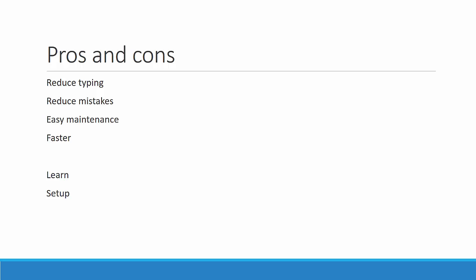That leads us to the disadvantages. If you're not familiar with template engines, you have to learn the syntax and how to use it. And we all know that learning new things can be tough and can take a lot of time. Another disadvantage is that you have to do some setup and configuration before you can use template engines. Template engines like Jade and EJS are not as widely used as classic HTML, and therefore you need to set up your computer or server or wherever you want to run Jade or EJS or any other template engine.